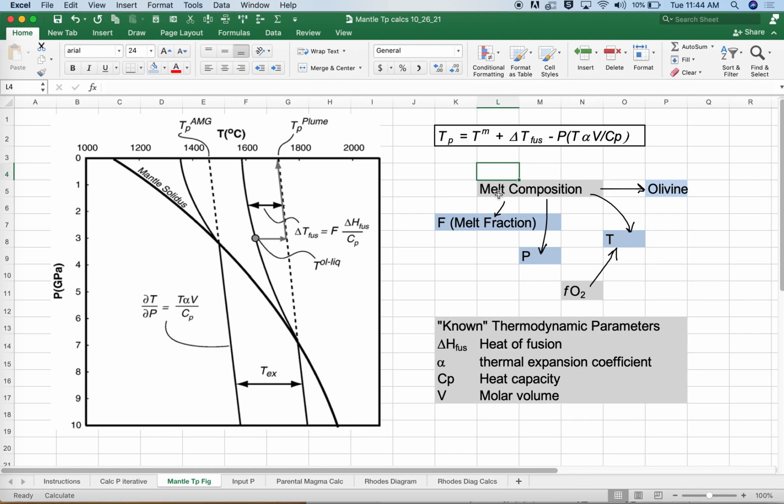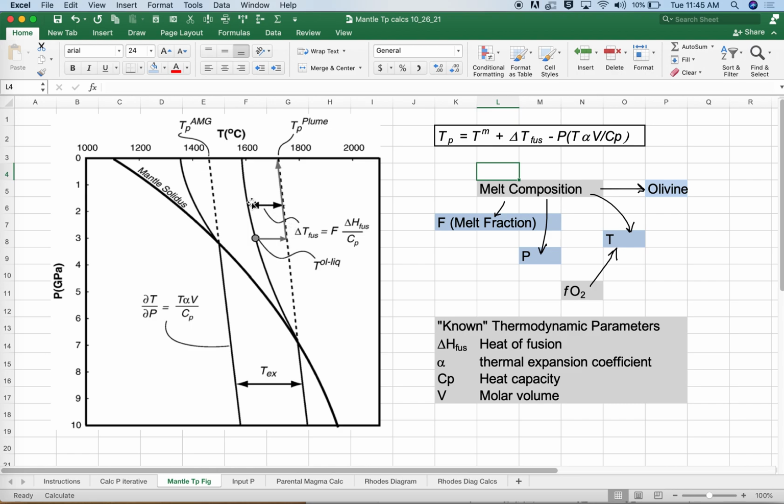And so the melt composition is one of our key inputs. We need to know temperature and pressure because that's how we're going to recover that circle. We want to make a correction for melting back up to the solid adiabat. Remember, what we want to do is follow this path here and find out this point here where that solid parcel would intersect the surface. So we have to first correct for the melting that